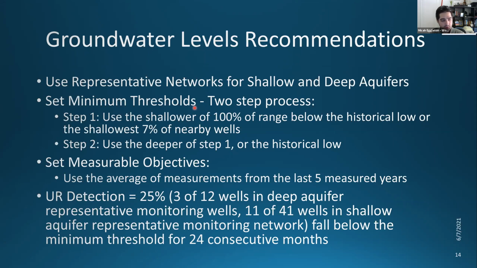So that gives it 2 years where 25%, and the same 25%, of wells need to fall below that red line before the state can come in and enact or take over a little bit or force some kind of projects and management action. That is to be protective of those drought periods that might be more severe. We've already incorporated droughts into how the thresholds are set, but those 2 years and 25% are intended to be really protective of the basin and make sure that projects and management actions can be implemented before an undesirable result